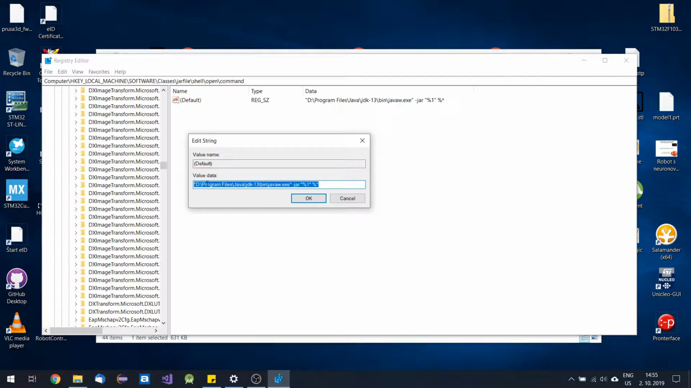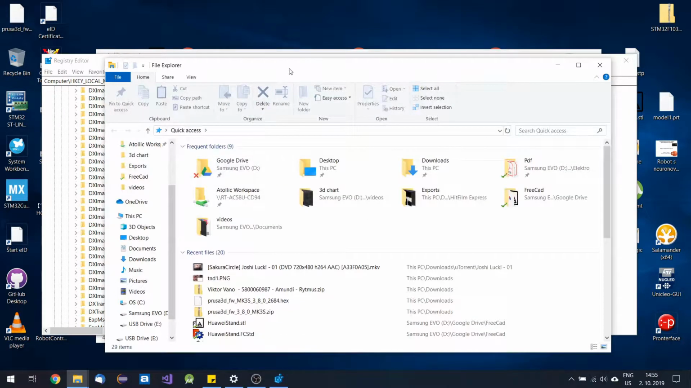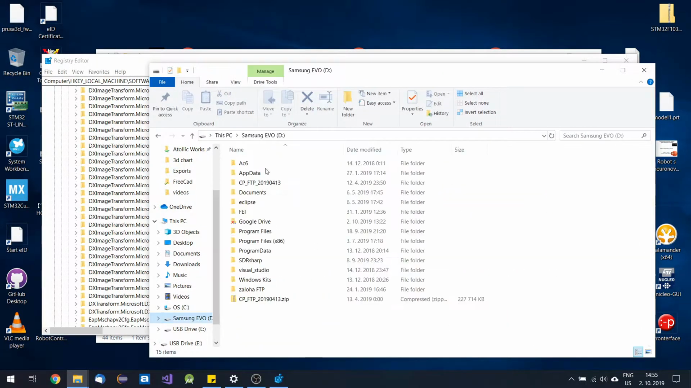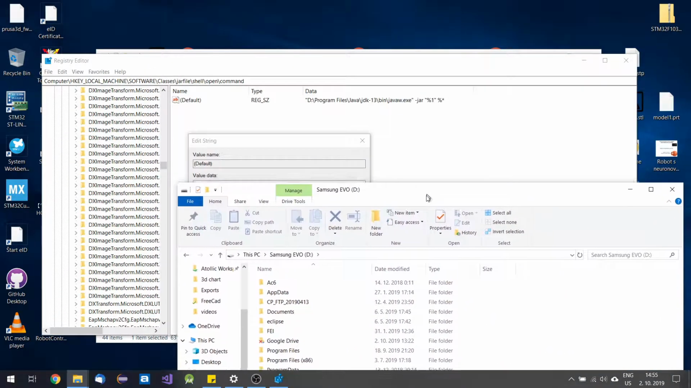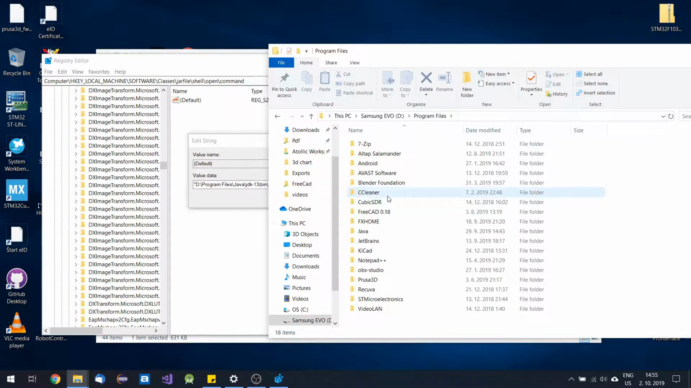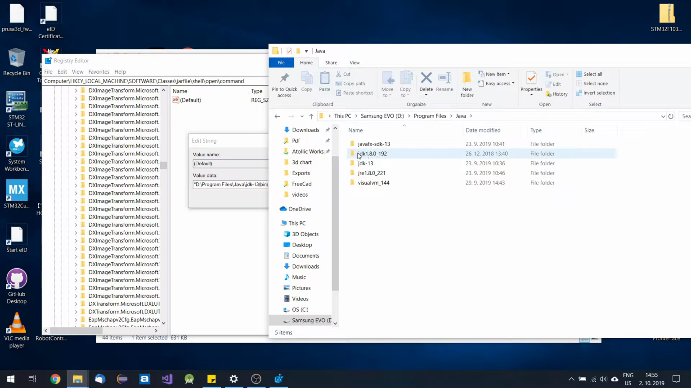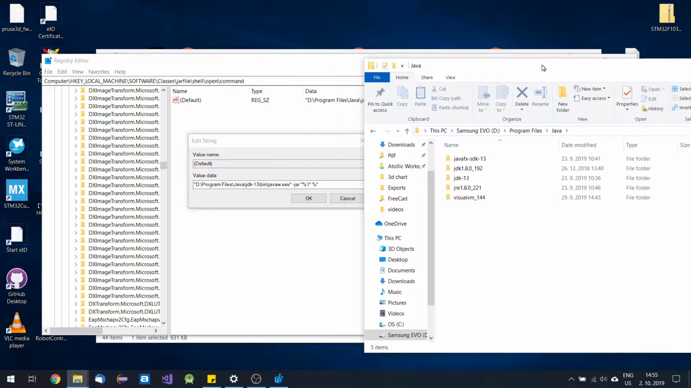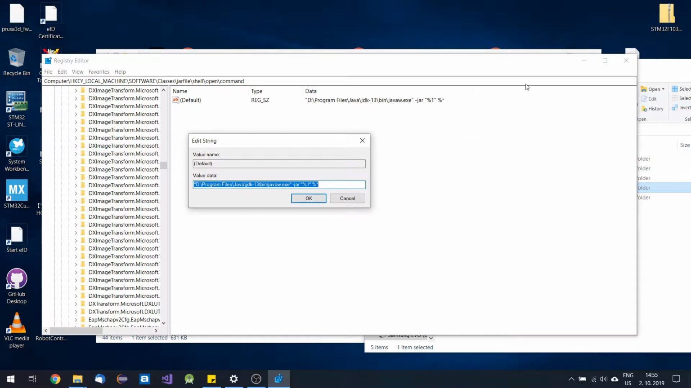In my case, I have JDK13 selected, but I need to change it to Java Runtime Environment. So you should know where you have installed your Java Runtime Environment. In my case, it's almost the same. It's in D, Program Files. You can have it on C. Select Java, and here's an older version of JDK, but I need to select JRE, Java Runtime Environment, copy that folder name,